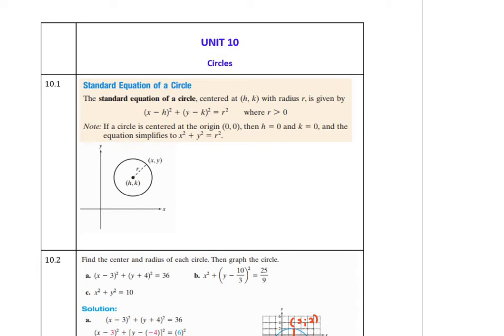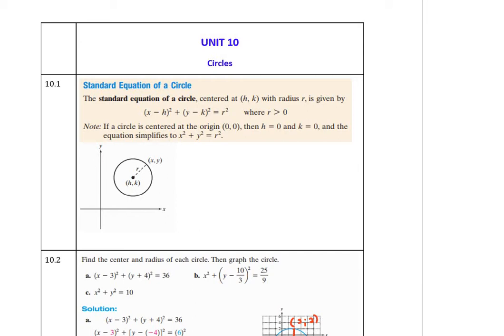This is MATD 1534, and we start today with Unit 10, the circles. We're just going to have an introduction now, just to see what is going on with the circle, etc. Now, the circle is interesting in that it is not a function, but why I'm saying it's interesting is that